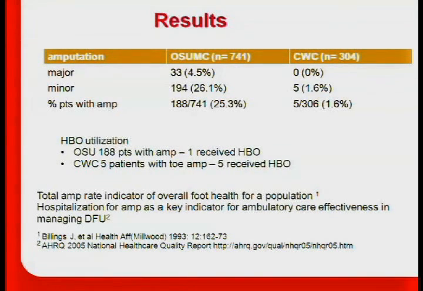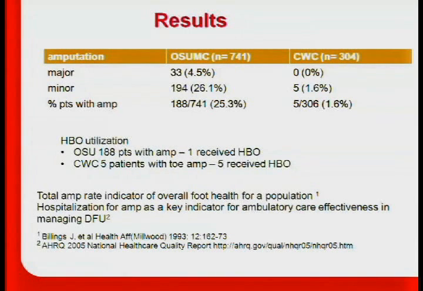So if you look at the incidence of amputations, it's clearly significantly higher in the OSUMC cohort compared to the wound center cohort, and no major amputation. One of the things, again, I mentioned HBO, 188 patients with amputations. This is just those patients that got amputated. Only 1 received HBO. In the wound center, the 5 patients that got amputations, they all received HBO. One of the reasons why this is important is that, as I said,